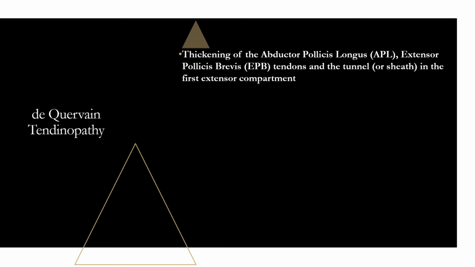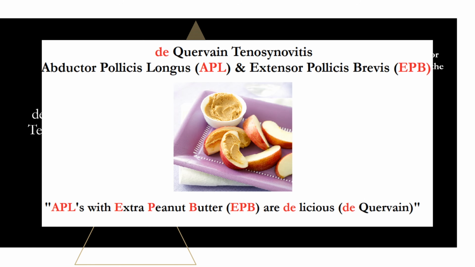So I don't recommend memorizing abductor pollicis longus and extensor pollicis brevis. It's just too much brain power to remember those complicated names. But what I would recommend is memorizing apples with extra peanut butter are delicious, because if you can remember that, you can remember what you need to know. So if you can remember apples, APL as in APL tendon, with extra peanut butter, EPB, extra peanut butter as in EPB tendon, are delicious as in de Quervain tendinopathy. That's going to help you remember the APL tendon and the EPB tendon